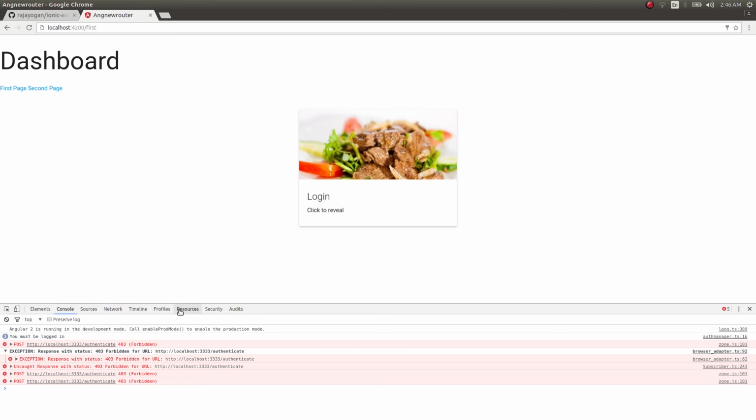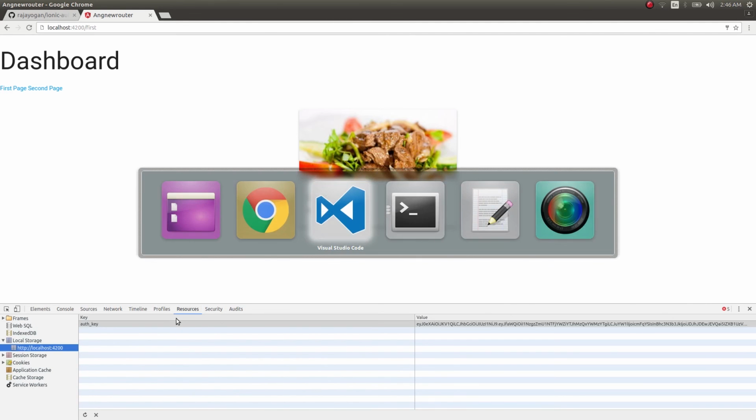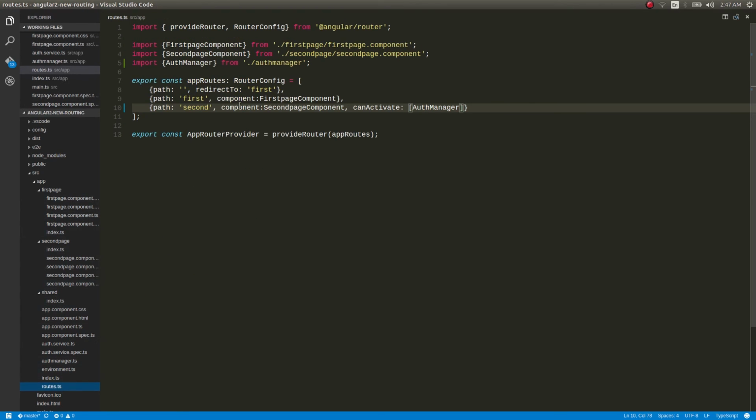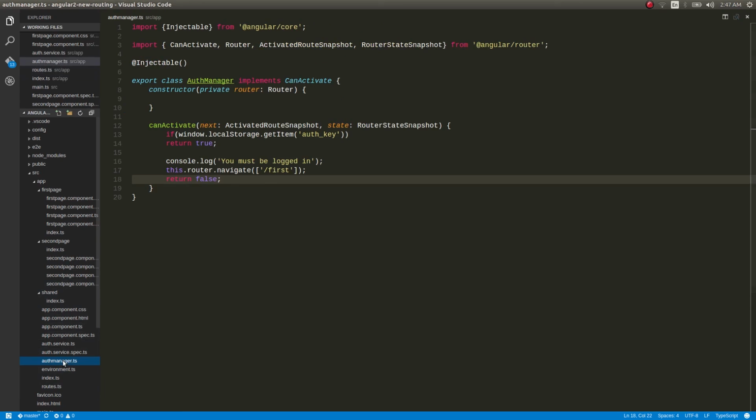So let's go ahead and write some simple code in order to do that. That could be handled directly in the routes.ts, I think. Here itself, not routes.ts, sorry. Where is auth manager, I think. Auth manager. Here itself we can handle that part of code, right? This next will have a